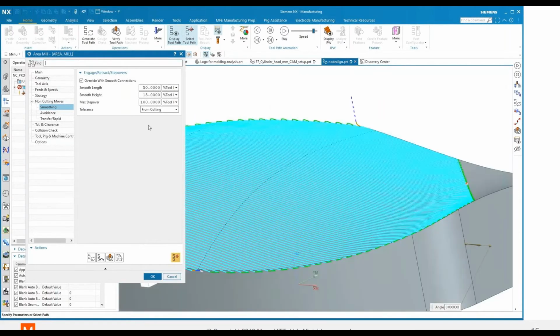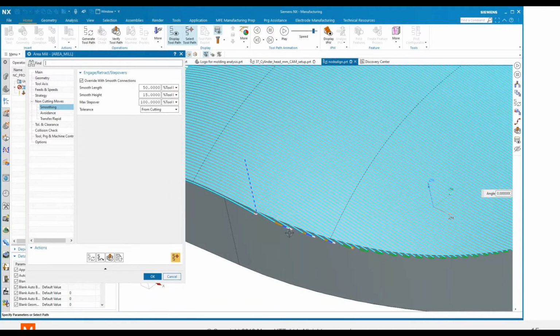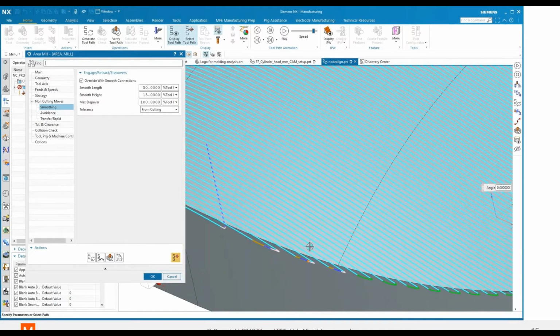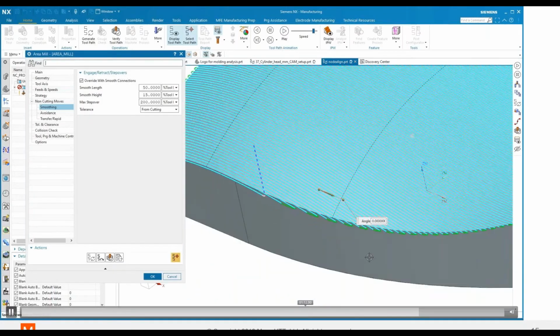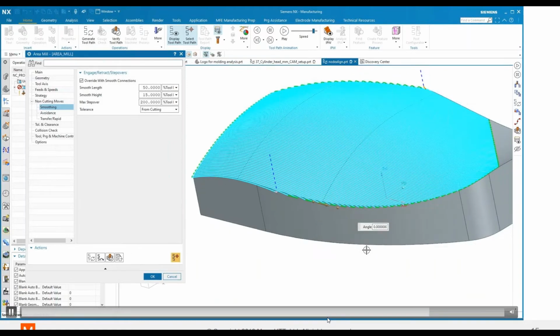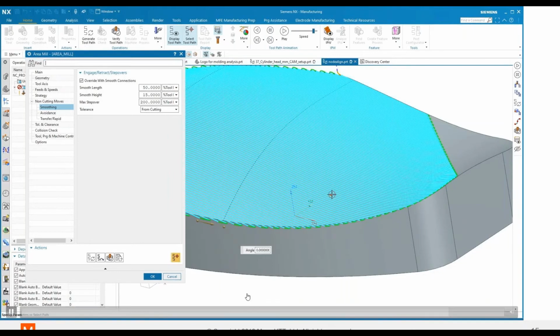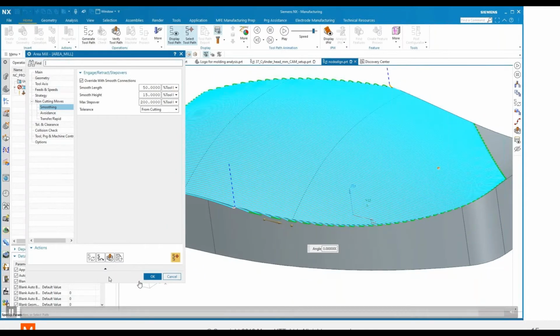Now there's also a max step over that you see here, and that's what's causing these moves on the acute edge to get longer, and then it's putting a traverse in instead of a step over. But we could fix that here if we just change this to 200%, regenerate one more time, and now we've got the feed moves everywhere. So that then is our step overs with lifts on zigzag moves. You'll see this technology used throughout NX CAM. It's fundamental to how we create our finishing passes.